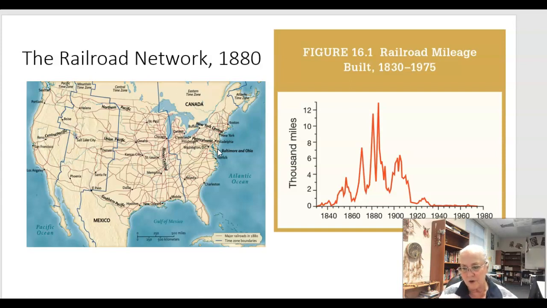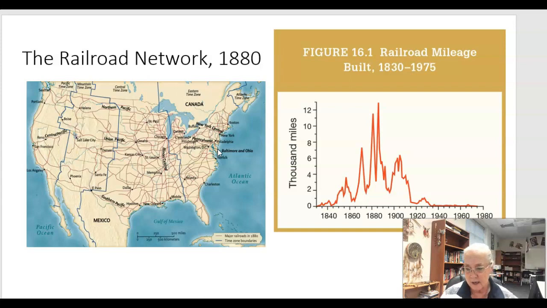But of course, it's also going to lead to the first monopolies. And this is called stock watering. It starts off with inflating the weight of livestock by pumping them with water. And it makes them heavier. If they're heavier on the scales, then you can get more money for them. But you can also stock water when you overinflate the price of stocks. And so this is going to be one of the first areas that corruption is going to hit American industry